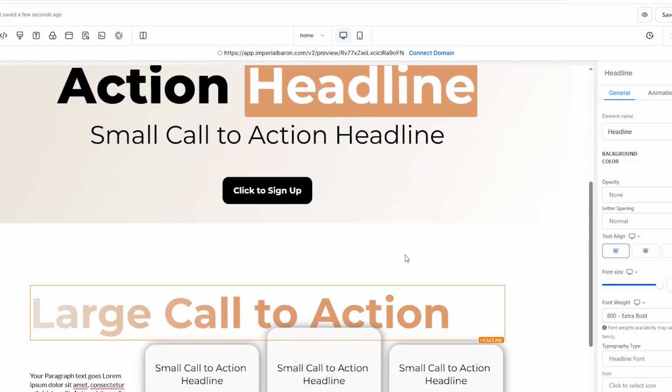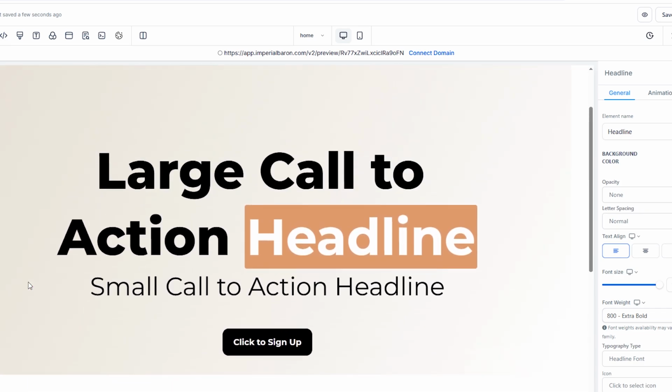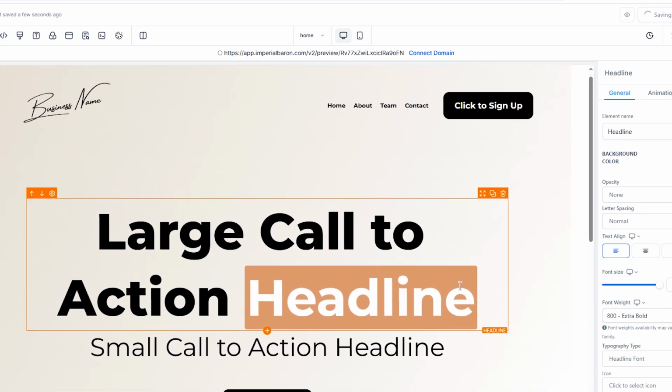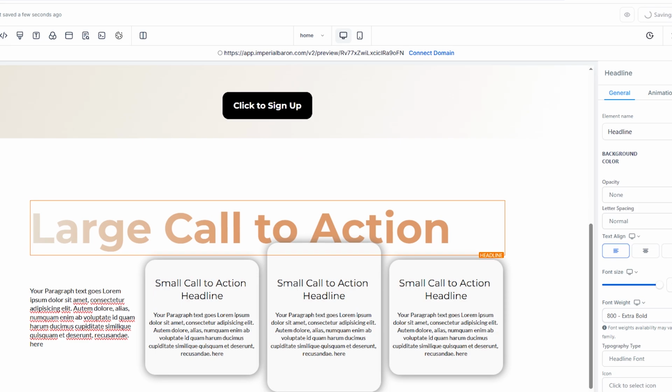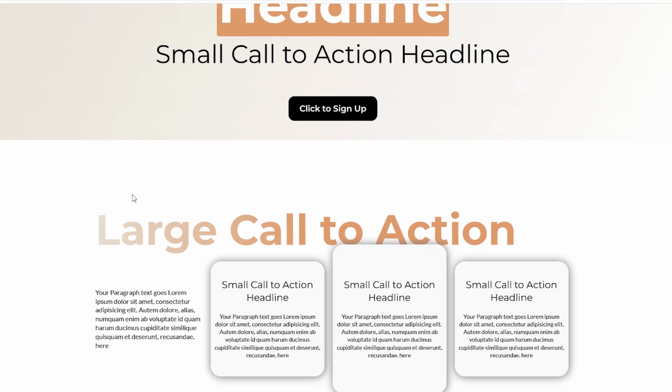We have this part matching the headline here, and this part matching the background up here. Let's save and let's preview once again. And as you can see, now we have a really cool section,